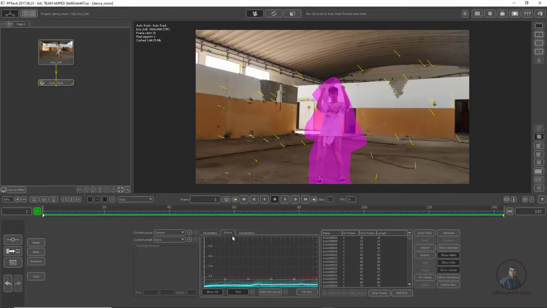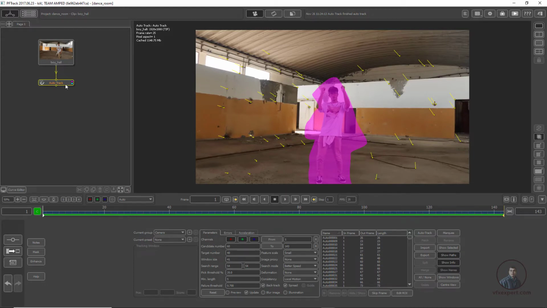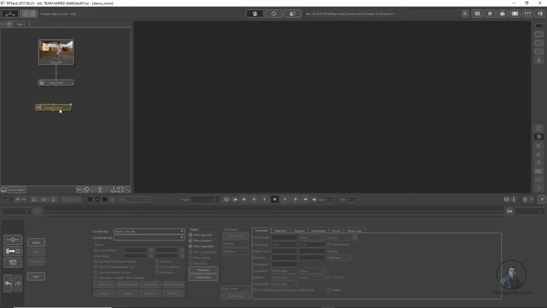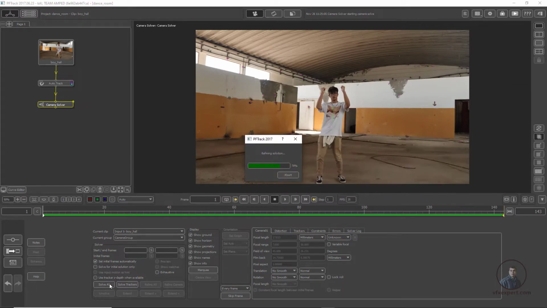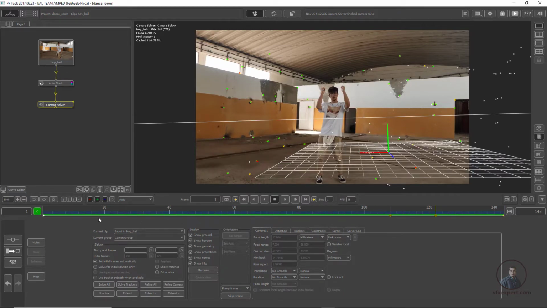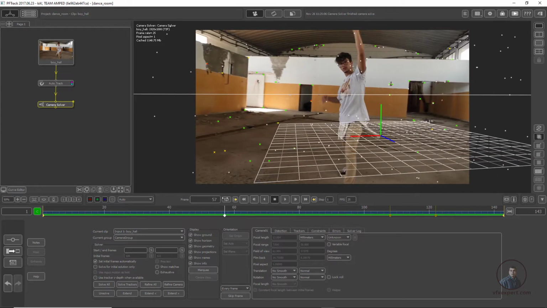Okay, now after this I am going to solve our camera, then right click solving and simply click on camera solver, connect it, then downside click on solve all. Now you can see. So just check the error a little bit in solver log, just click. Now you can see I think 0.3.